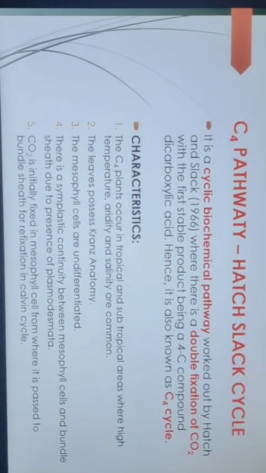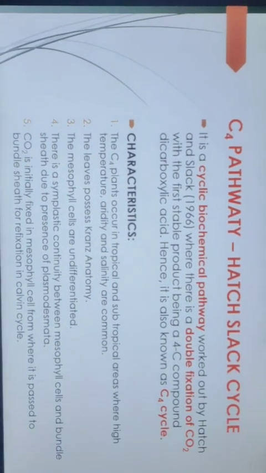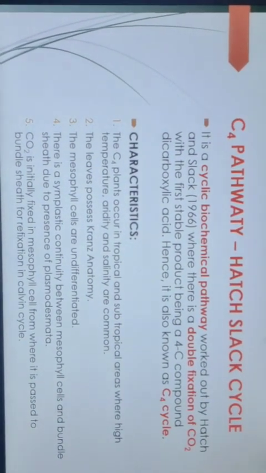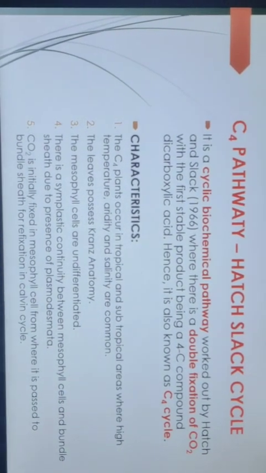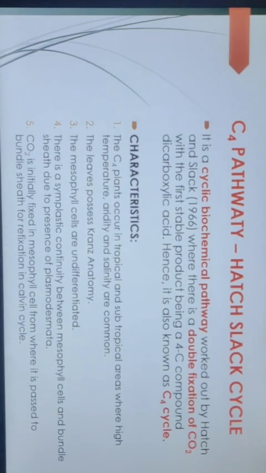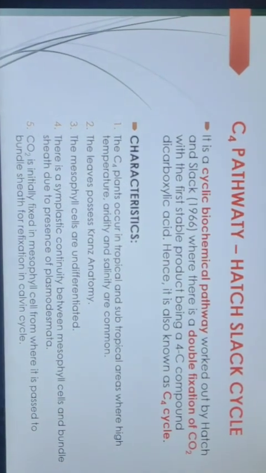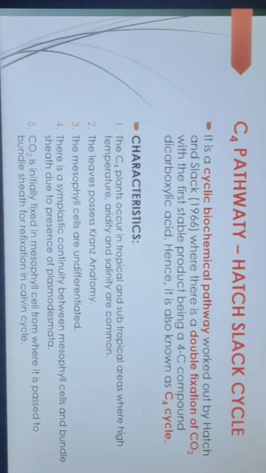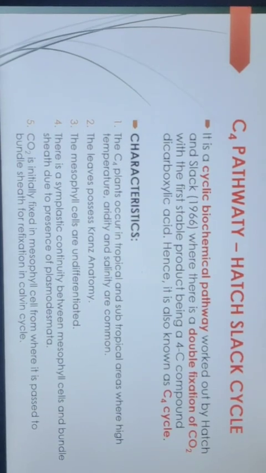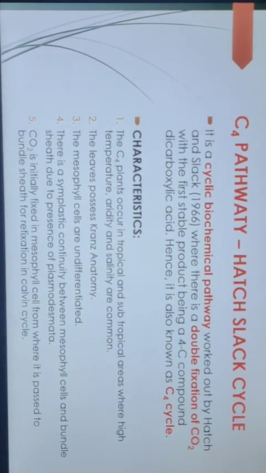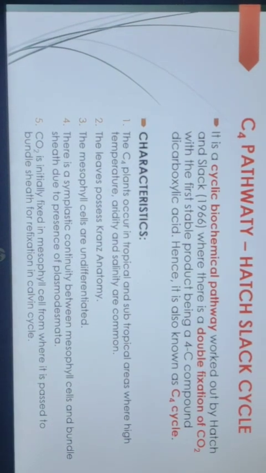Now what are the characteristics of the C4 pathway? The C4 plants occur in tropical and subtropical areas where the temperature is very high, and aridity and salinity are common. So the C4 cycle occurs in tropical and subtropical plants. Now the leaves of the C4 plants possess Kranz anatomy, in which the mesophyll cells are